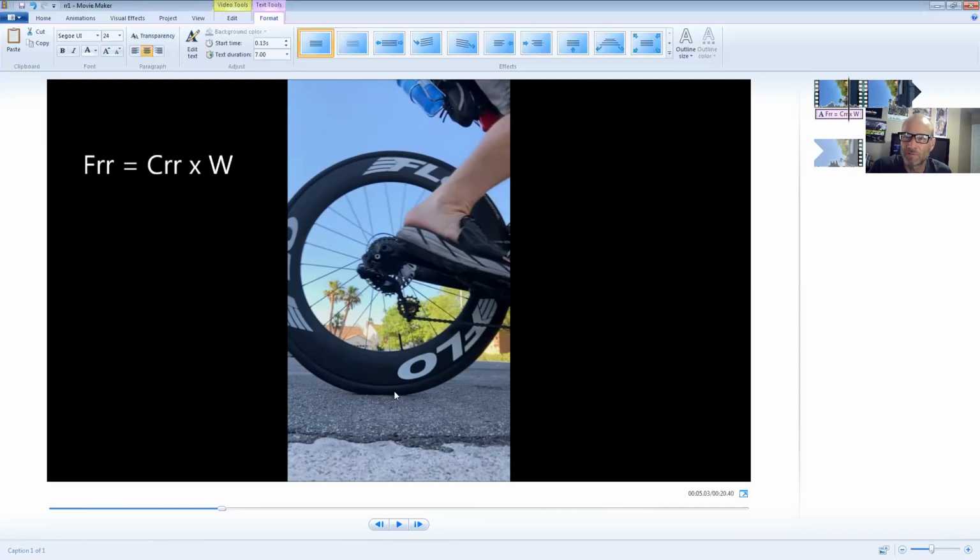So the amount of compression is a function partly of the amount of tire pressure, as well as how the wheel is built that holds the tire on the wheel, and how wide the wheel is. And we've actually done some research on this, and it's actually really interesting. You can find a tire pressure and wheel width that results in the lowest rolling resistance, its coefficient of rolling resistance. If you can figure out the lowest coefficient of rolling resistance, you can figure out the least amount of rolling resistance force. If you can have the least amount of rolling resistance force, that means you need less propulsion force